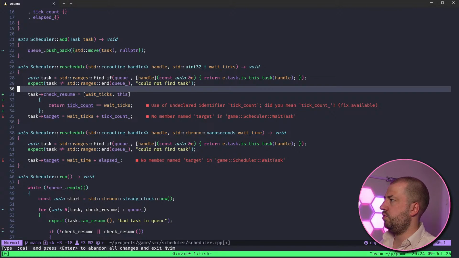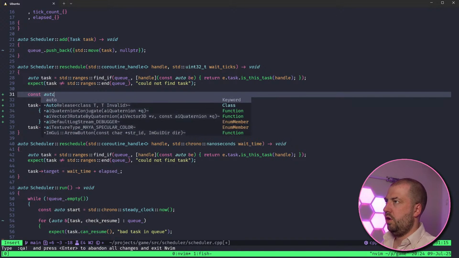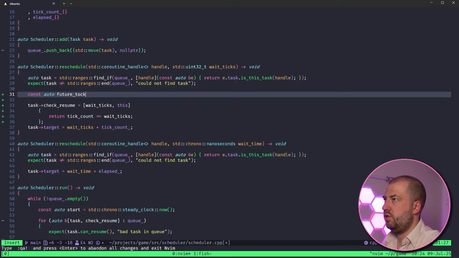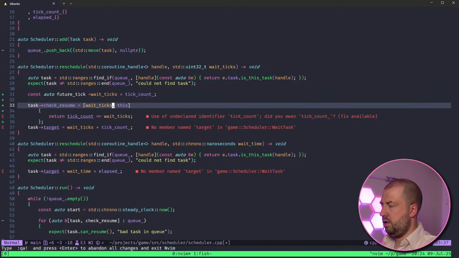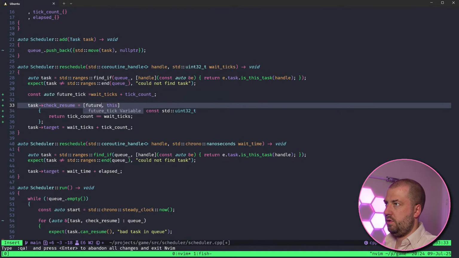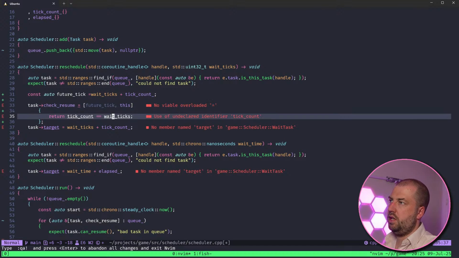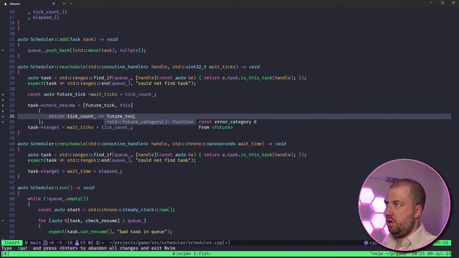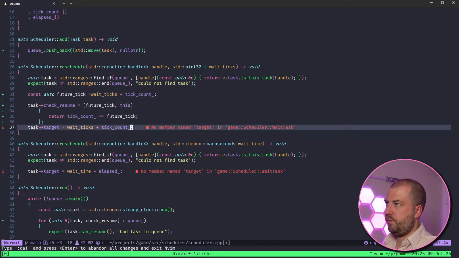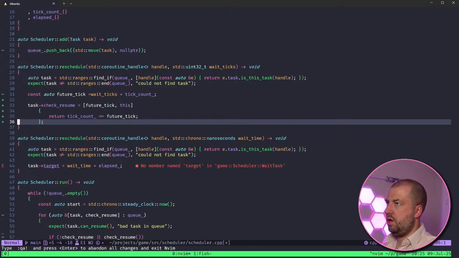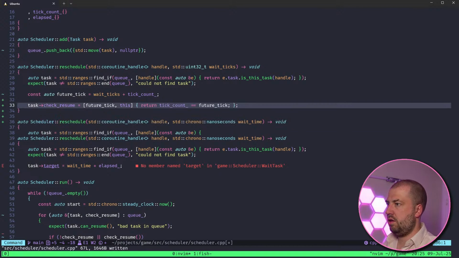I think I need to do const auto future tick equals wait ticks plus tick count, right? And then this becomes future tick, and then if tick count is equal to future tick. What do we think of that?